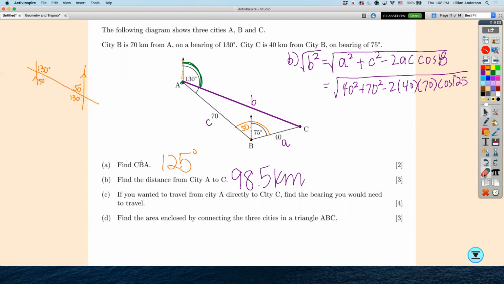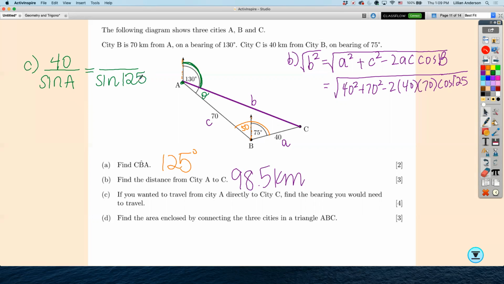Yes, I'm going to want to figure out what the angle is on the inside of that triangle at angle A, so that I can subtract it from the 130. So how do I find this angle here? What am I going to use to find that angle? I'm going to use sine because I'm looking for angle A and I have side A. I'm going to set that equal to what? What other piece of information do I know to use the sine rule? Side B and angle B, which was